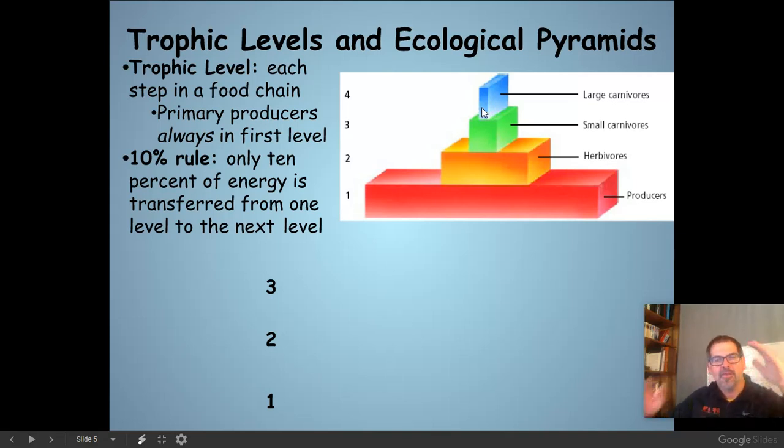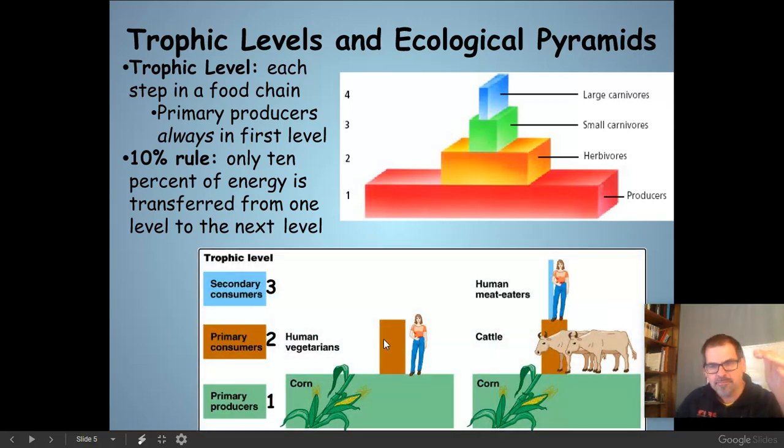This is why the top level predators are so rare. Why is it that we see squirrels all over the place, but we don't see lots of wolverines or lots of top level predators? I mean, that's one of the things that makes them so intriguing, is because they are so rare. We don't see them very often. Well, the reason they're rare is because there literally isn't enough calories at the top to support large numbers of those individuals, because so much of that energy is lost in the form of heat.